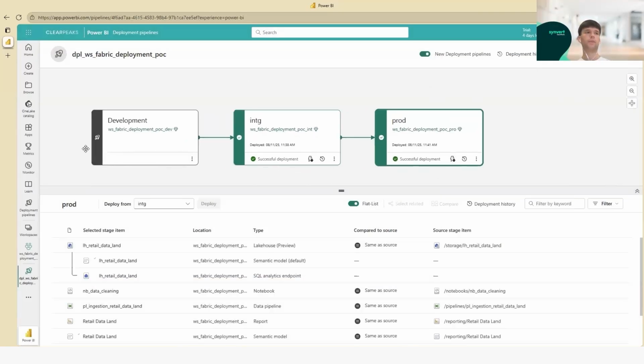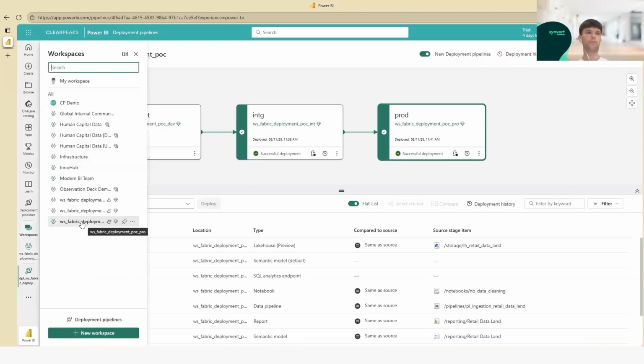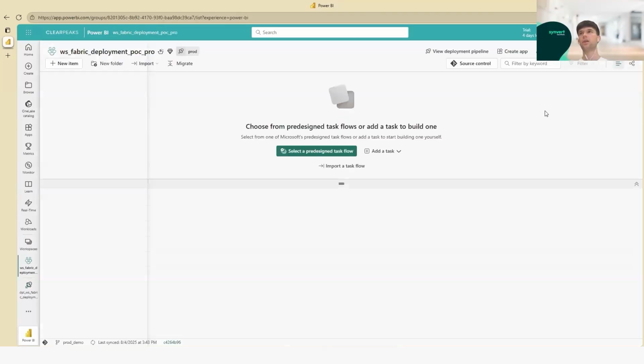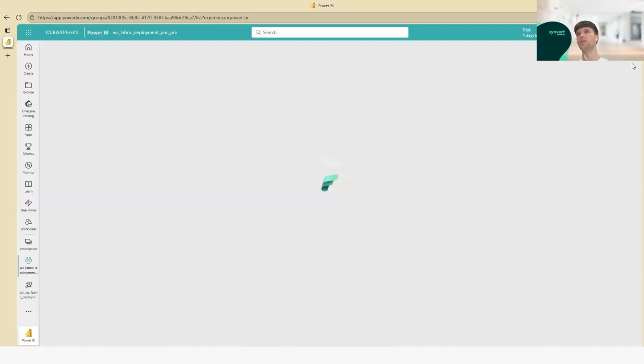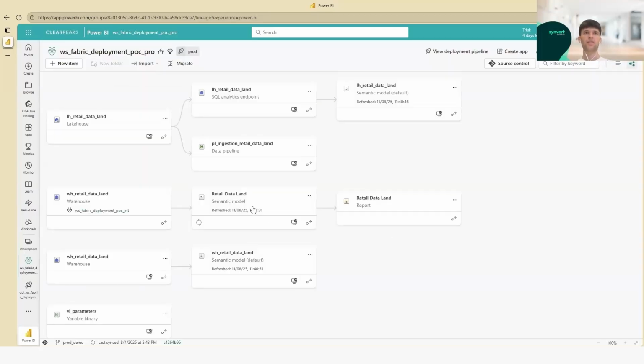If we don't do this, and we go to the production stage and open the data lineage, you can see that the semantic model, which is this one, is taking the data from the integration workspace, not the production one. In order to avoid this,